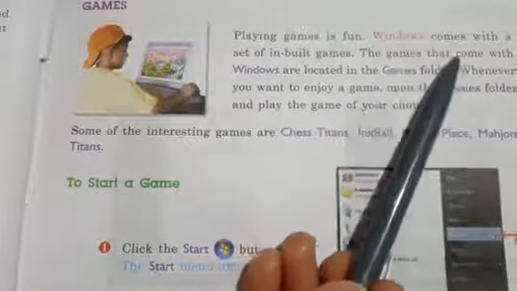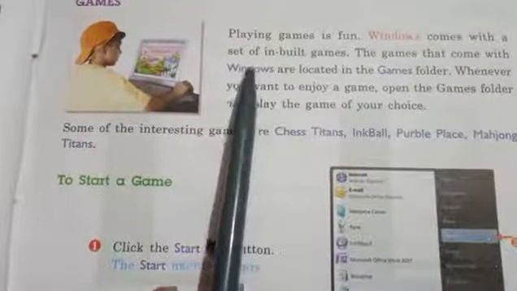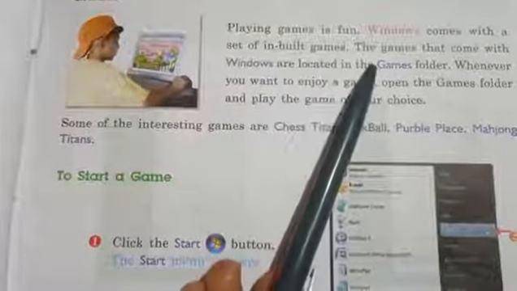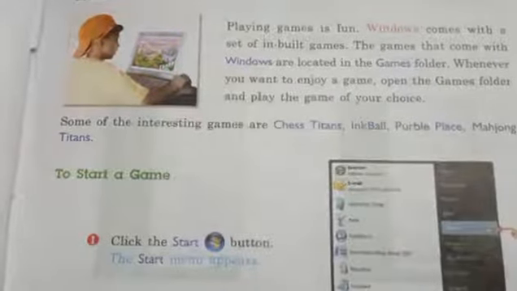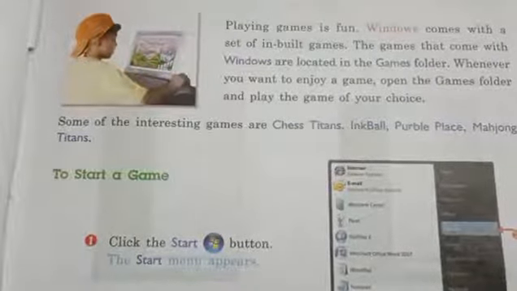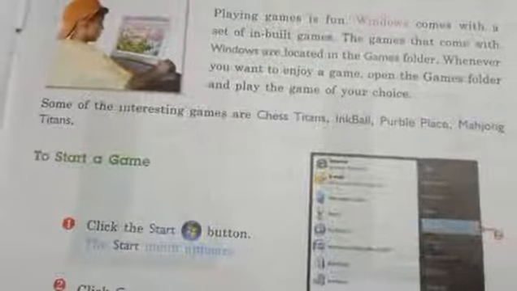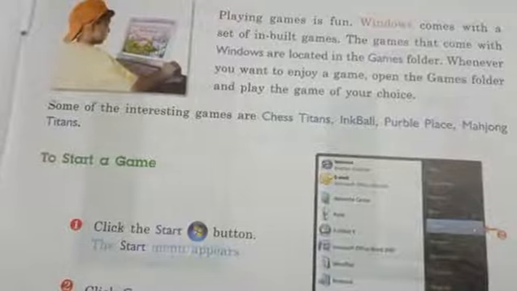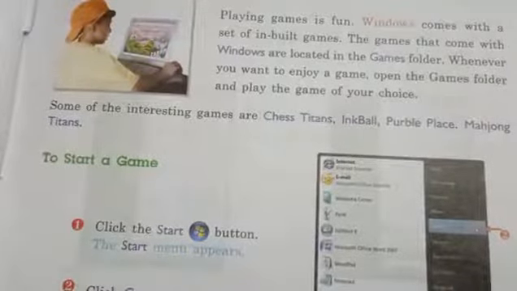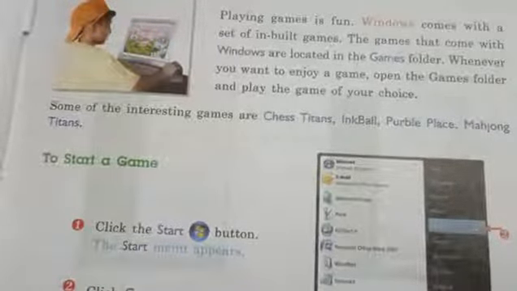The games that come with Windows are located in the Games folder.